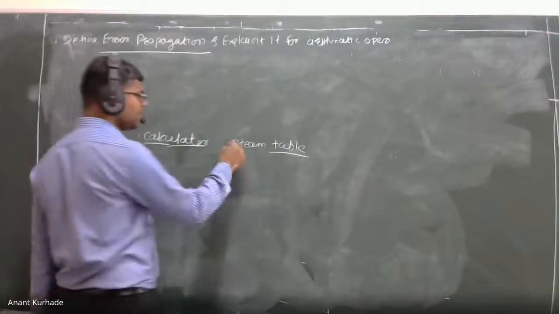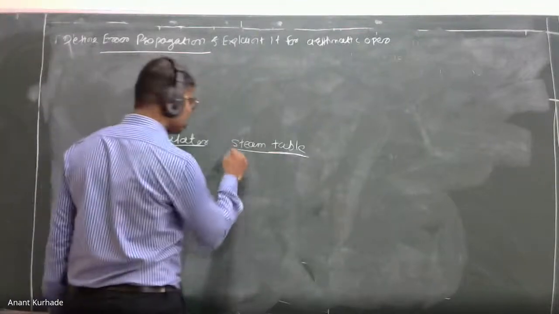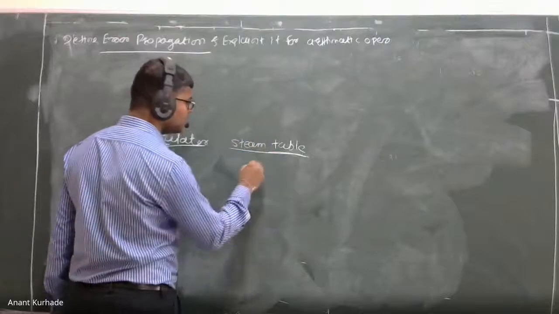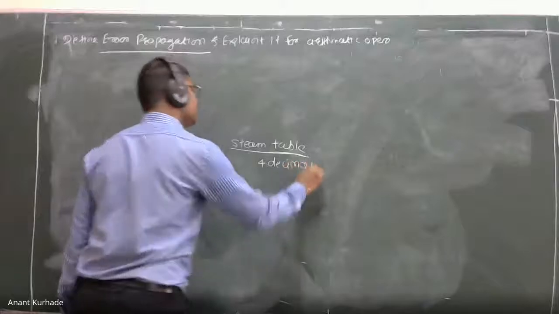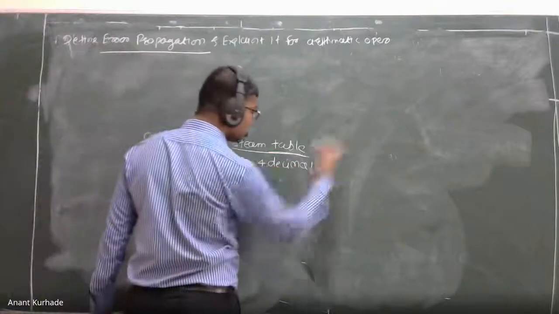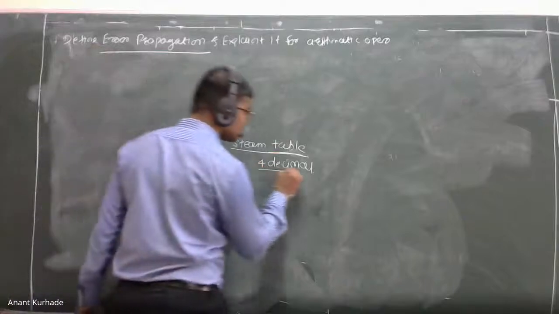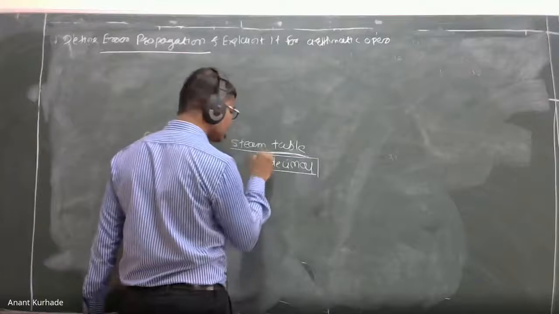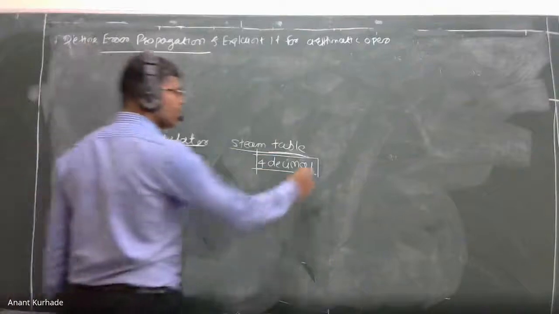Now, in the steam table, if you find the value of, say, latent heat or the temperature in degrees Kelvin, we can find all those values only up to 4 decimal places. There are a few more numbers beyond the 4th, 5th, 6th, 7th place, but they are not considered. So before the solution, if we use this steam table, we can find the error.